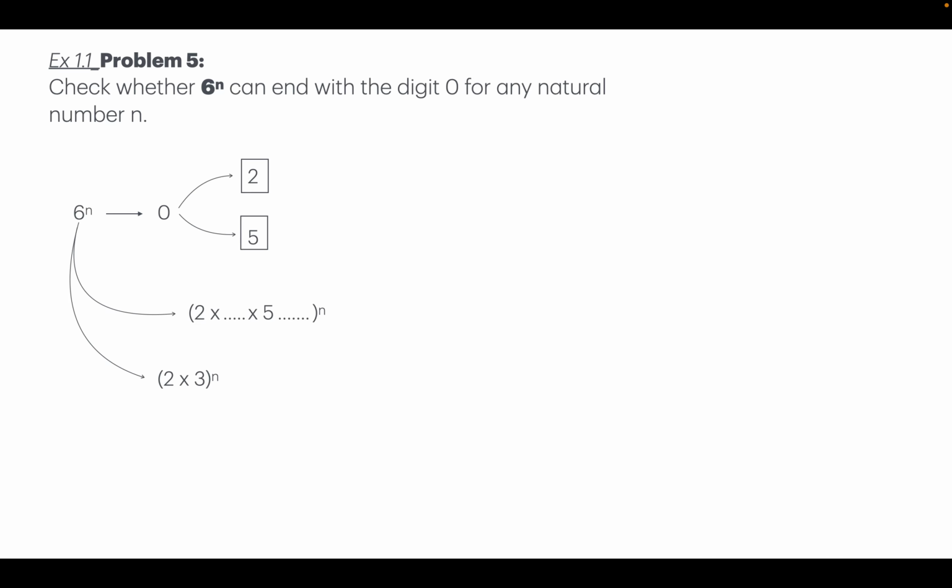It's 2 times 3. And if there is only one way, and I have already put the number in as the product of primes, that is 2 times 3, that means I cannot really have 5 as its prime factor,